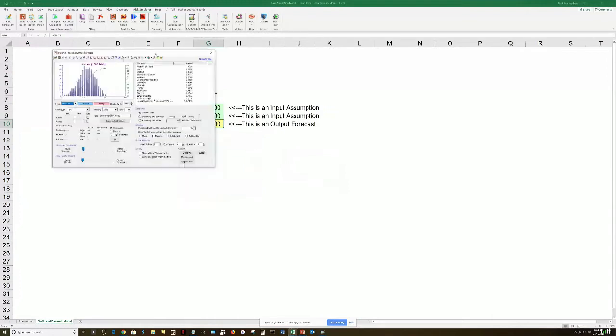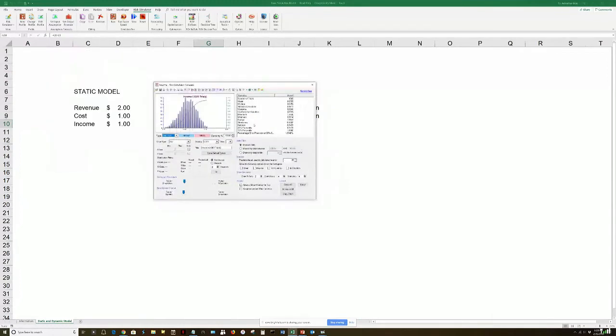However, what you've done is you've created 1,000 perturbations around that $2, 1,000 around that $1, and therefore you got 1,000 income values. You can look at some of the statistics. The mean value is only 87 cents, 87.55 cents. Very difficult to see, I know. I apologize. But so your value expected, you think you're going to make $1, but in reality, on average, you're only making 87 cents in this case. So the value expected is not the same as the expected value in this case.